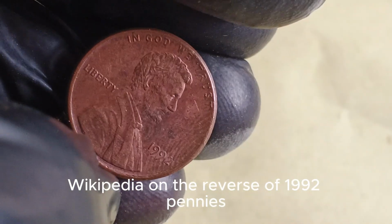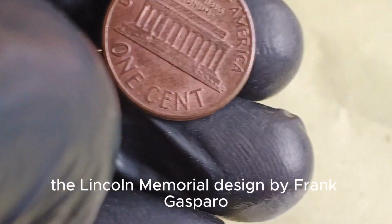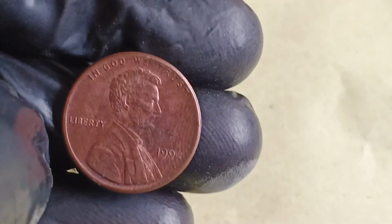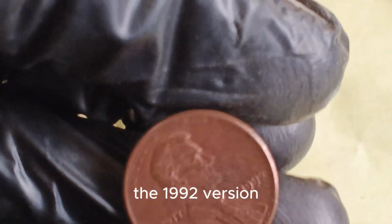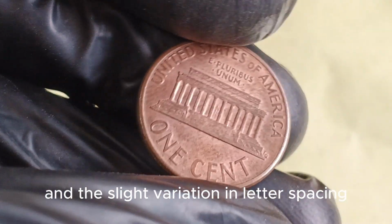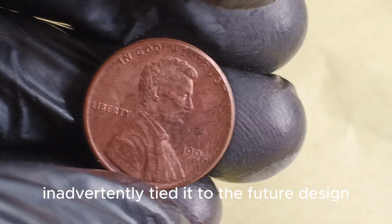On the reverse of 1992 pennies, the Lincoln Memorial design, by Frank Gasparro, echoed a reverence for unity, echoing decades of imprint on generations. Though in 2010 the reverse shifted to a Union shield, the 1992 version holds the last artistic echo of the Memorial era, and the slight variation in letter spacing, close versus wide AM, inadvertently tied it to the future design,